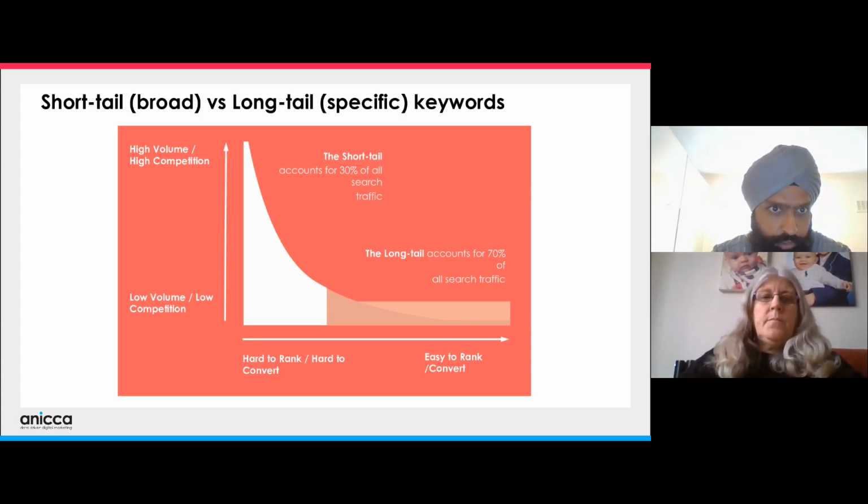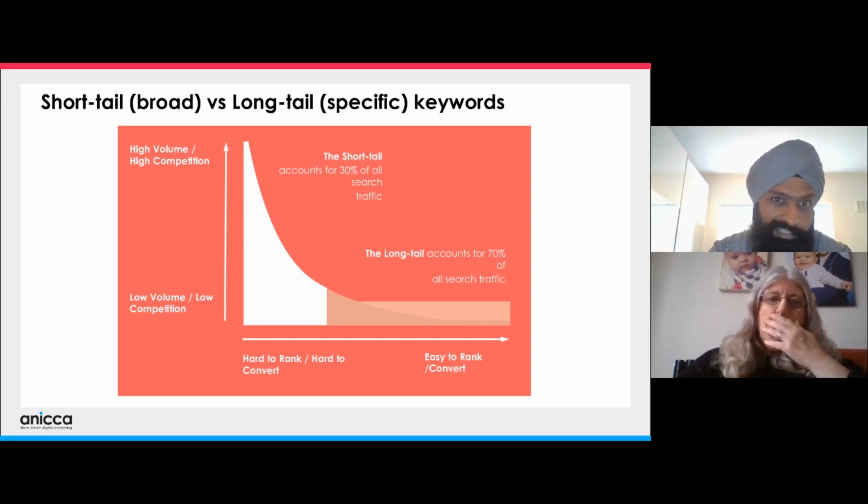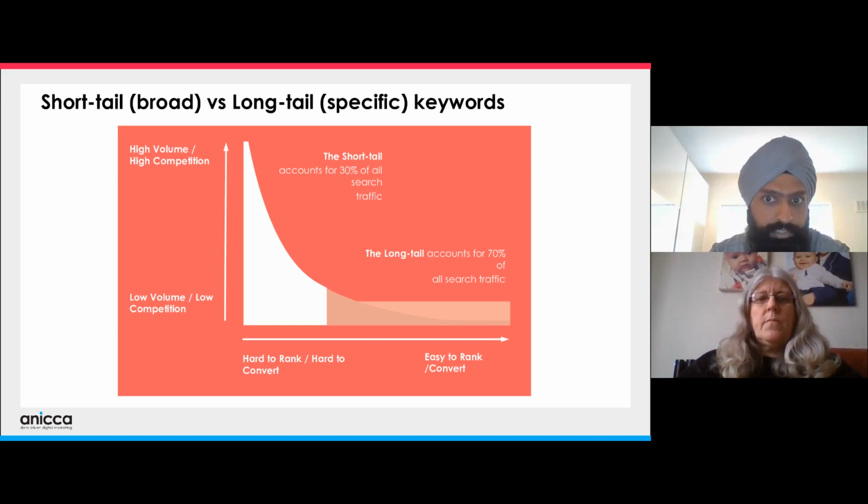So you've got short tail keywords and long tail keywords. Short tail keywords, for example a keyword like sofas, are super broad. And because they're super broad, they can be really competitive. The good thing about short tail keywords is they have loads of search volume. That means a huge amount of people are searching for them each month. That's an estimated figure we get from Google Ads. So they're really good to incorporate in your campaigns, but because they're super competitive, it isn't advised to just focus